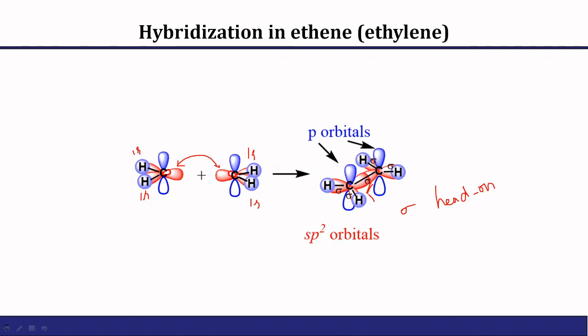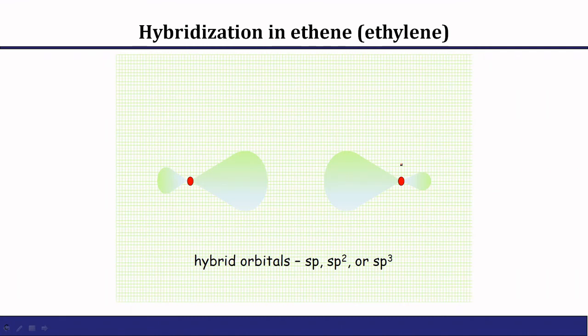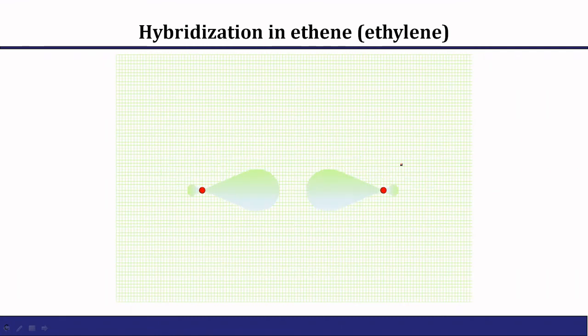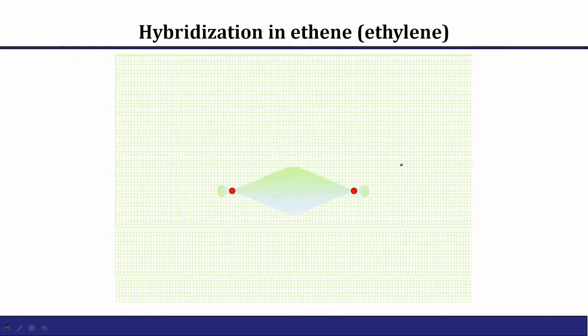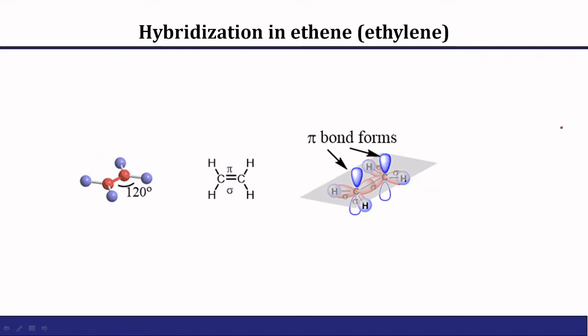Let me explain how this sigma bond is formed by head-on overlap. Head-on overlap occurs like this. The hybridized orbitals come closer to each other and combine, and this head-on overlap results in a sigma bond. Remember that carbon also has an unpaired electron in the pz orbital, which is almost perpendicular to the plane of the sp2 hybridized orbitals.